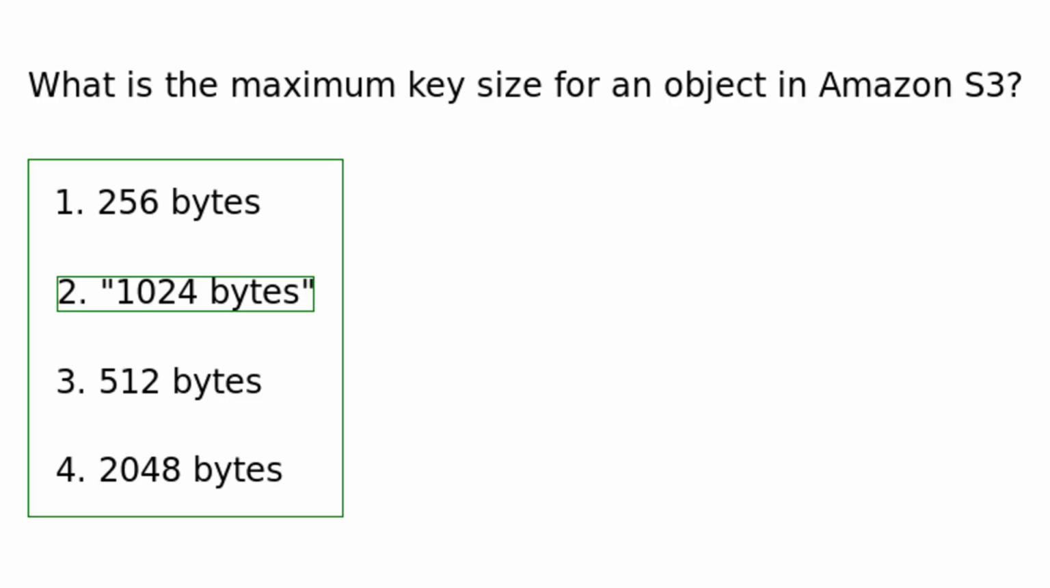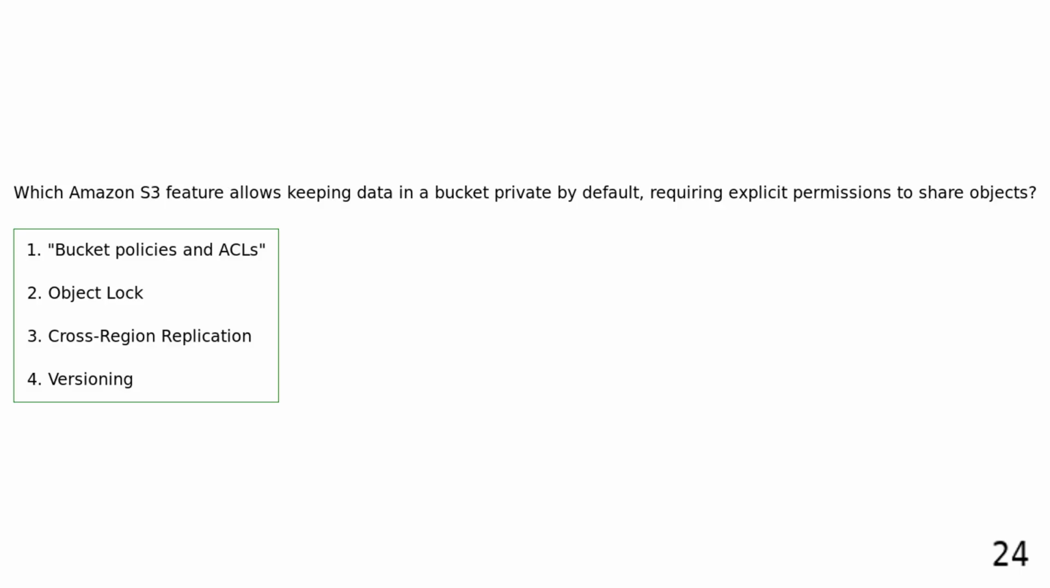of objects. Which Amazon S3 feature allows keeping data in a bucket private by default, requiring explicit permissions to share objects? Bucket policies and ACLs. Object lock. Cross-region replication. Versioning. Amazon S3 bucket policies and access control lists allow keeping data private by default, ensuring that only authorized users can